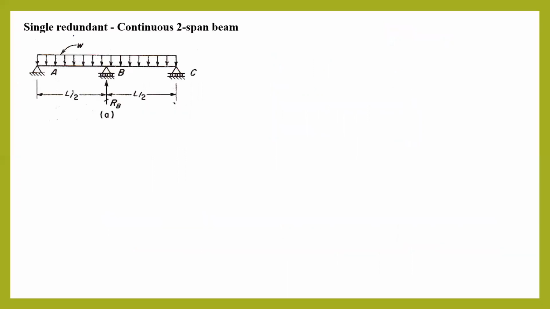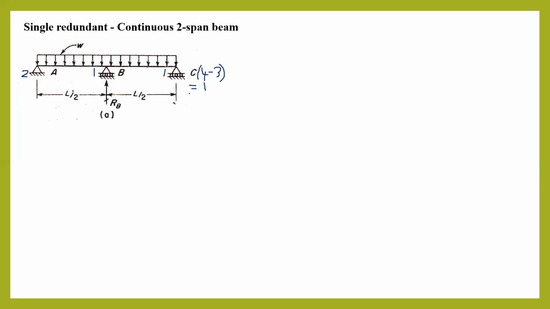Okay. Now, if you choose a two-span continuous beam with single redundancy, how do we know it has single redundancy? Here, two reaction components are there for the hinge, one for a roller and another for a roller. So the total will be 4. And we know there are 3 equations of equilibrium. So the degree of static indeterminacy will be 1. Therefore, 1 redundant.